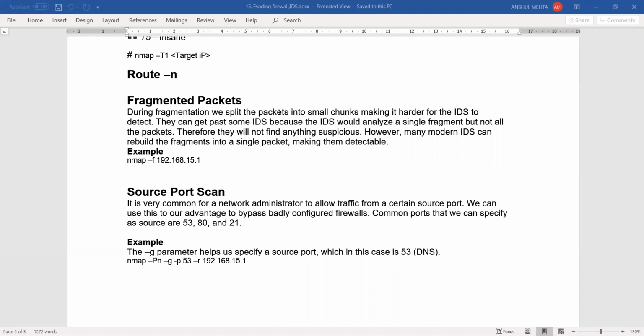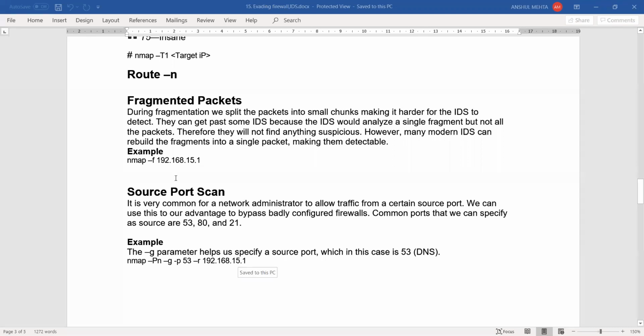You have no guarantee that no firewall or no IDS will be able to catch your packets, because these things keep evolving. So what might work in one network or one configuration might not work for another. That is something you have to keep in mind.